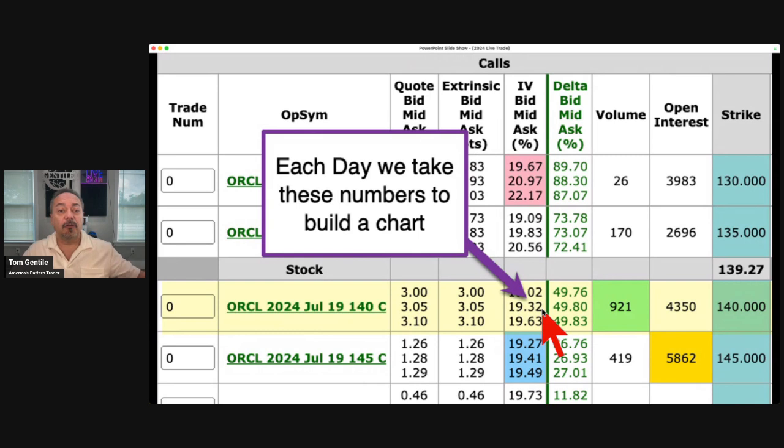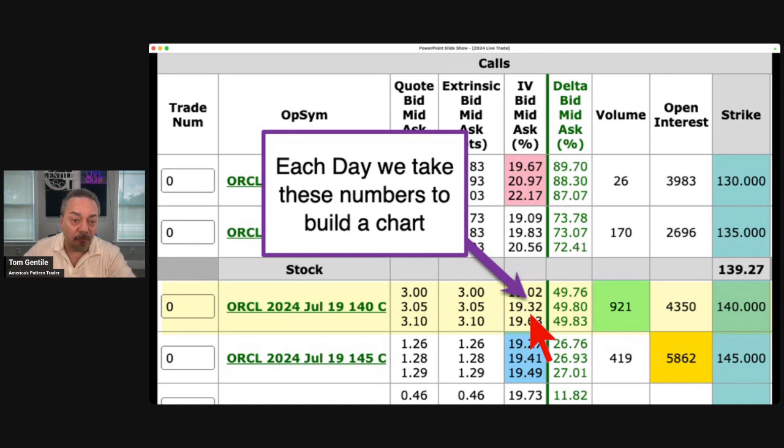Now, implied volatility is based off of a lot of factors, right? But it's based off of what? Option Greeks. You're looking at that strike price. You're looking at the expiration date. In this case, we're looking at July 19s. You're looking at where the stock is, where the strike is, that expiration, interest rates are equated in there, volatility is equated in, and we get that IV, that number.